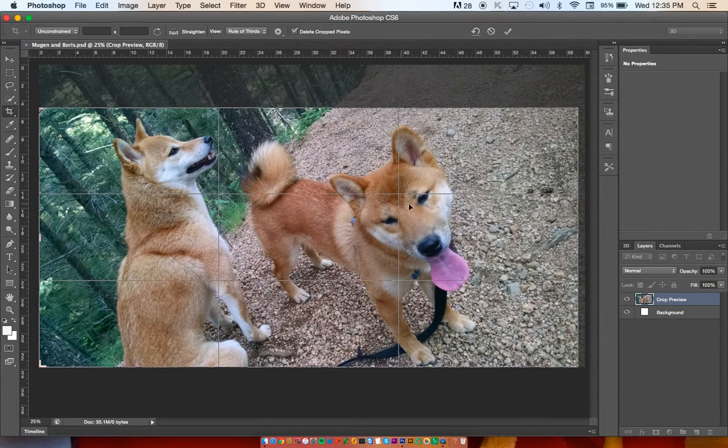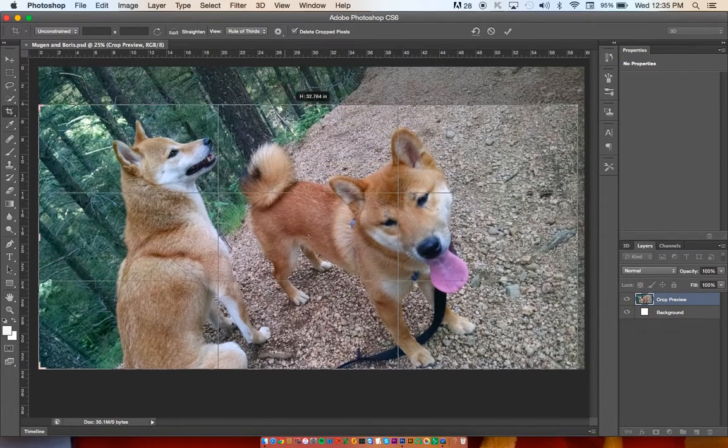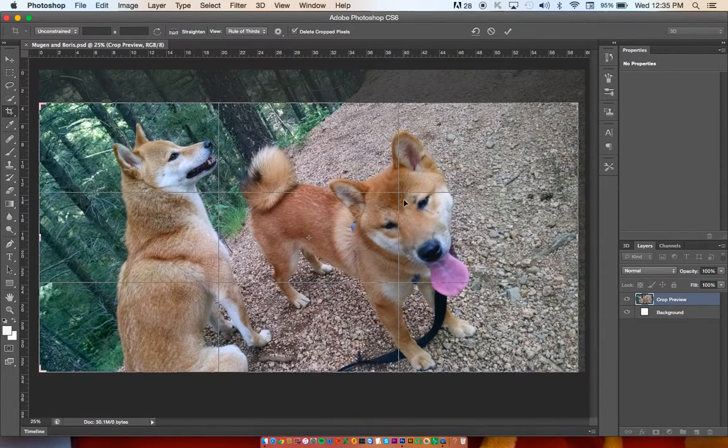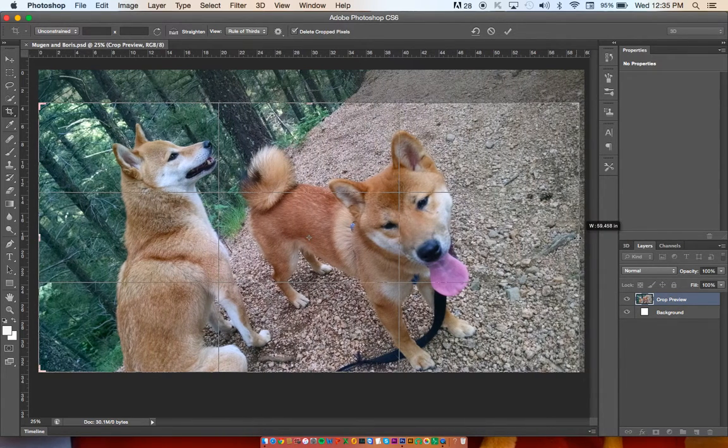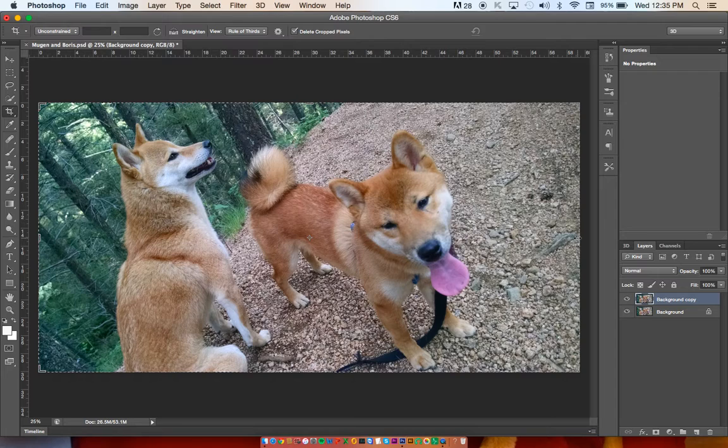So I'm going to have Boris, he's kind of our main subject here. And I'm going to focus on his head as an intersection of the rule of thirds. So it's kind of an interesting composition. Now, once I've got the edges dragged around on my crop tool and I've lined up the rule of thirds mark where I want, all I'm going to do is hit enter or return,